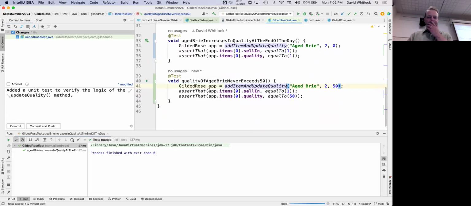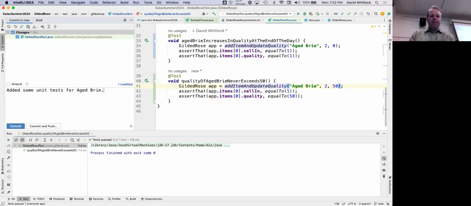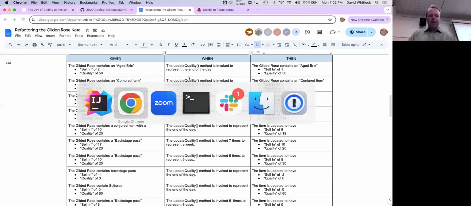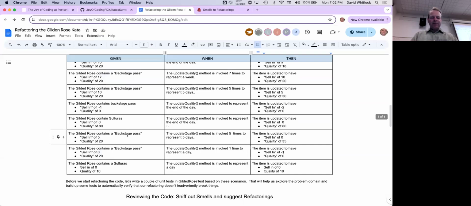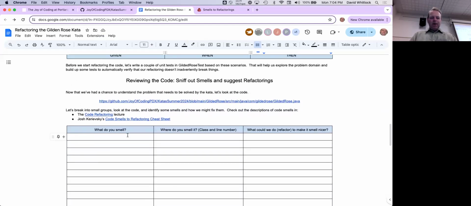Okay. Nice. Okay. Great. Okay. Add some unit tests for H3. Okay, so we have a bunch of tests that will help us go faster later. But now